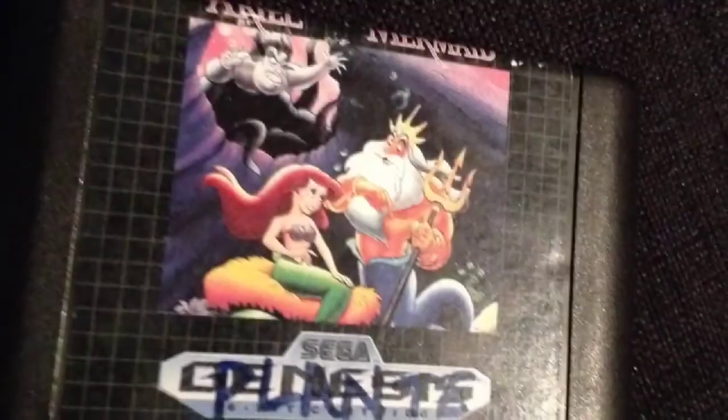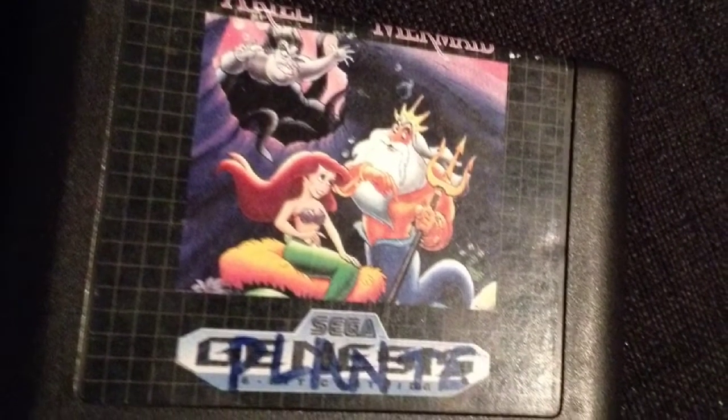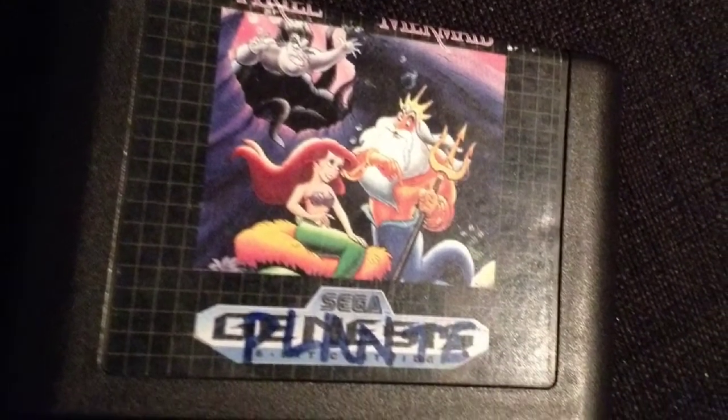And now I got one Genesis game, and I'm kind of a sucker for Disney games on any system. So I picked up Ariel, the Little Mermaid. I've never played this one for the Genesis. Hopefully it's good, or at least as good as the NES one. I actually kind of like that one a lot. It's pretty decent. And then I picked up a couple